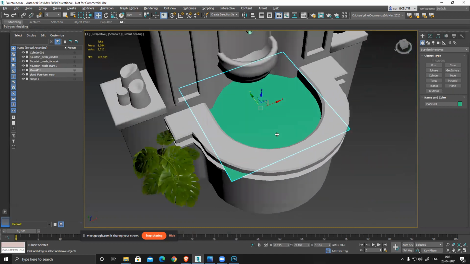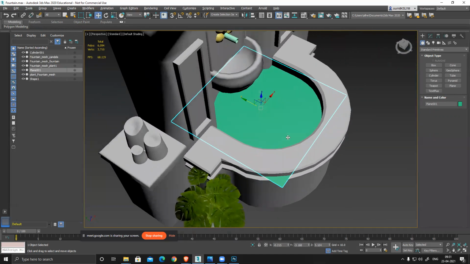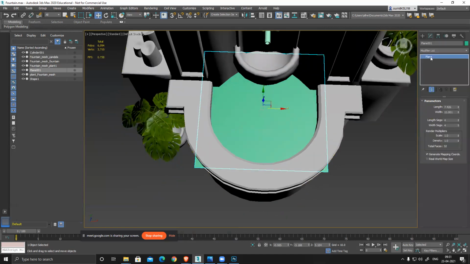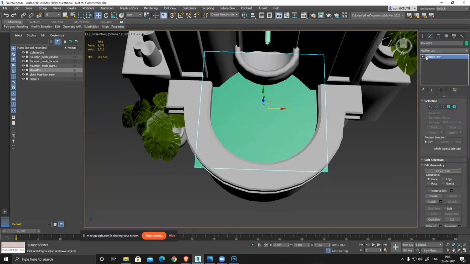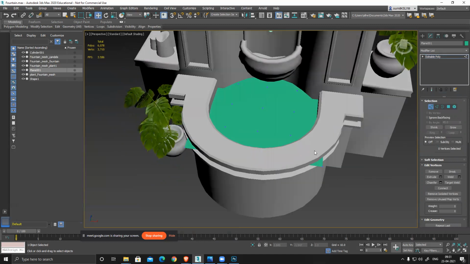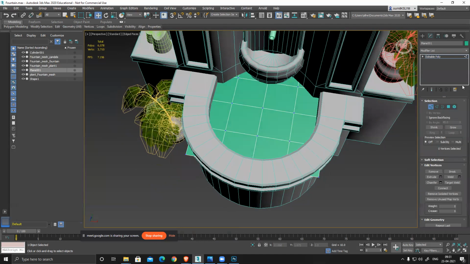And you can see I scaled it, filled the entire thing nicely. Only thing, this particular edge, it's creating issue. So easiest thing will be, oh my bad, those polygons were not required.